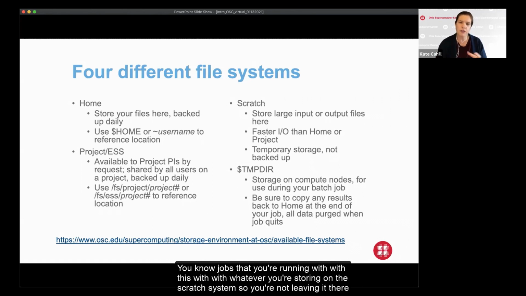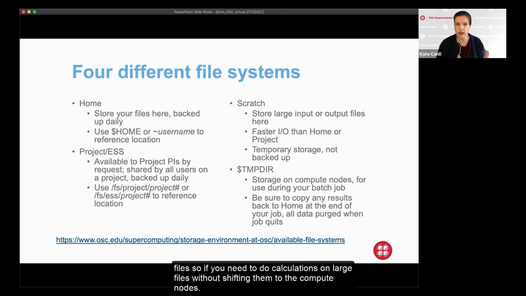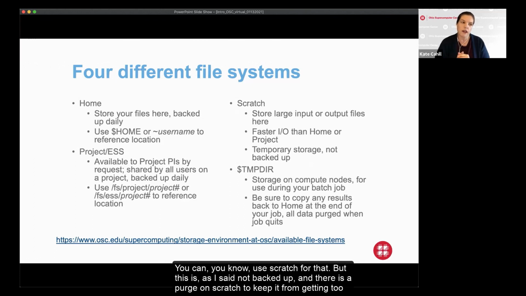It's optimized for very large files. So if you need to do calculations on large files without shifting them to the compute nodes, you can use Scratch for that. But as I said, it's not backed up, and there is a purge on Scratch to keep it from getting too full. After 90 or 120 days, any files that are unused but still there will get removed.